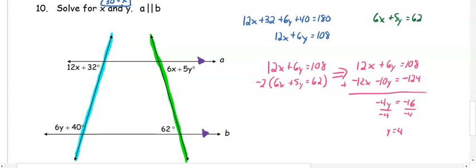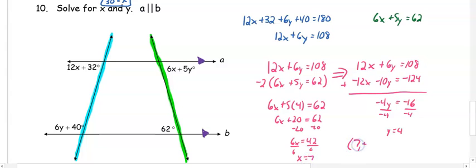Once we know y is 4, we can substitute back in. 6x plus 5 times 4 equals 62. 6x plus 20 equals 62. We can subtract 20. 6x equals 42. Divide by 6. So x equals 7. So our solution would be 7